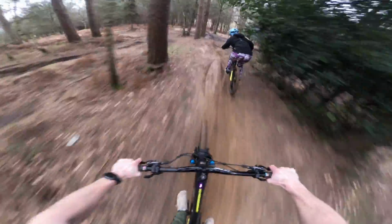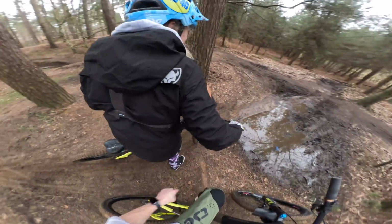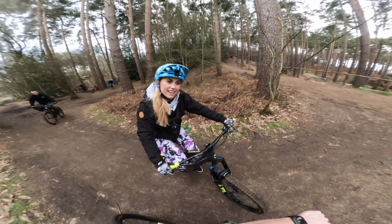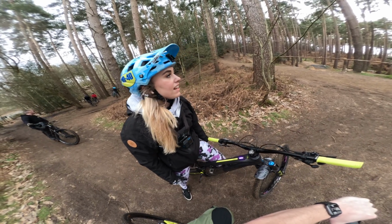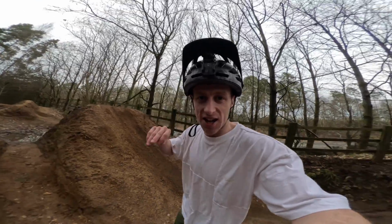Beginner friendly, look at that. Oh, you nearly crashed. You got to keep going, you haven't finished it yet. Oh. Nice. That was well good fun. Yeah, good job, that's good. And that's one of many blue trails. There's loads of loamy sections down the hills. It's pretty sick. We go from one of the most beginner friendly trails to the biggest, scariest and most difficult